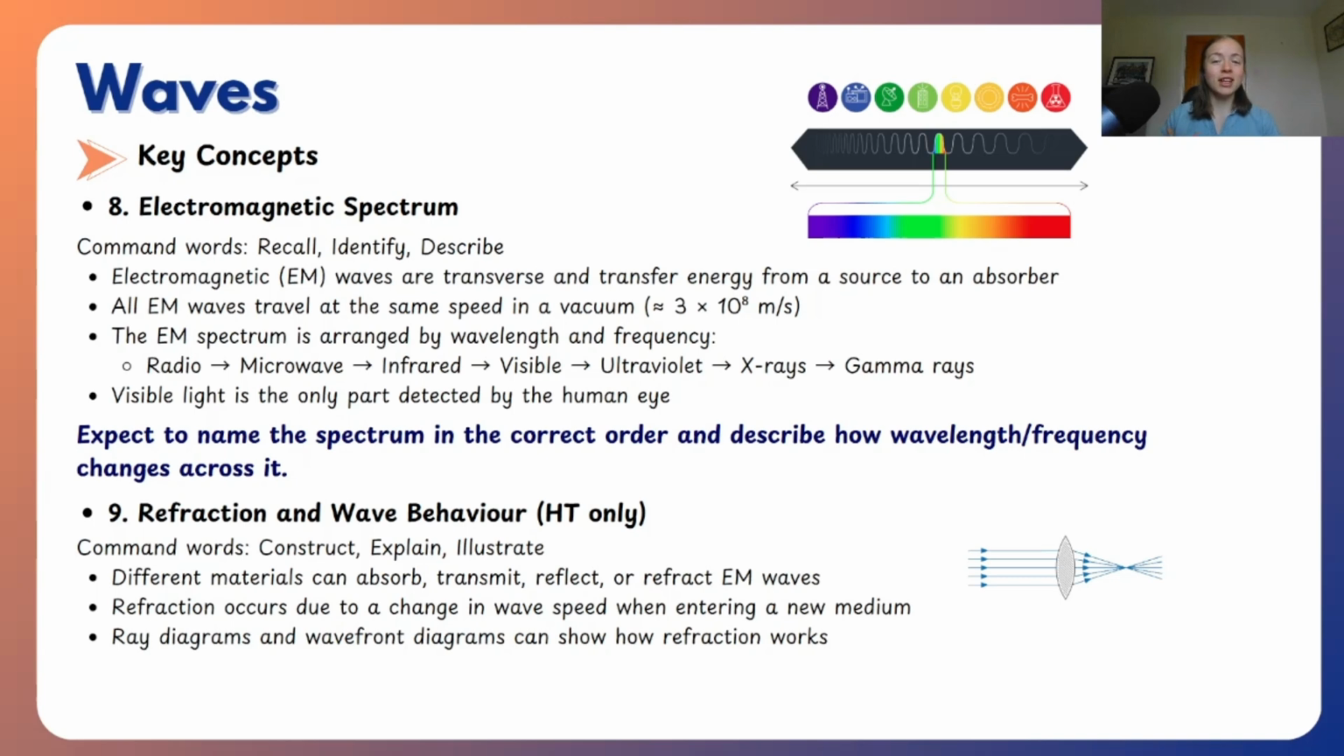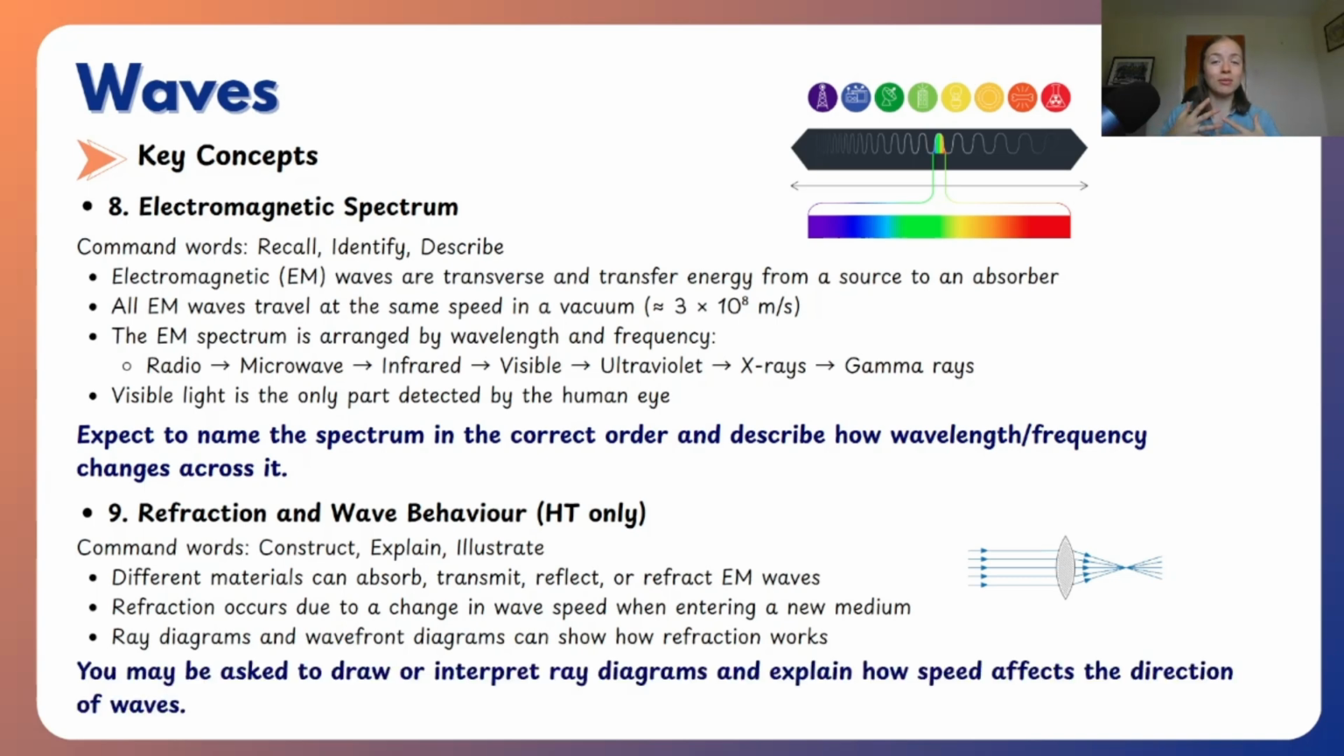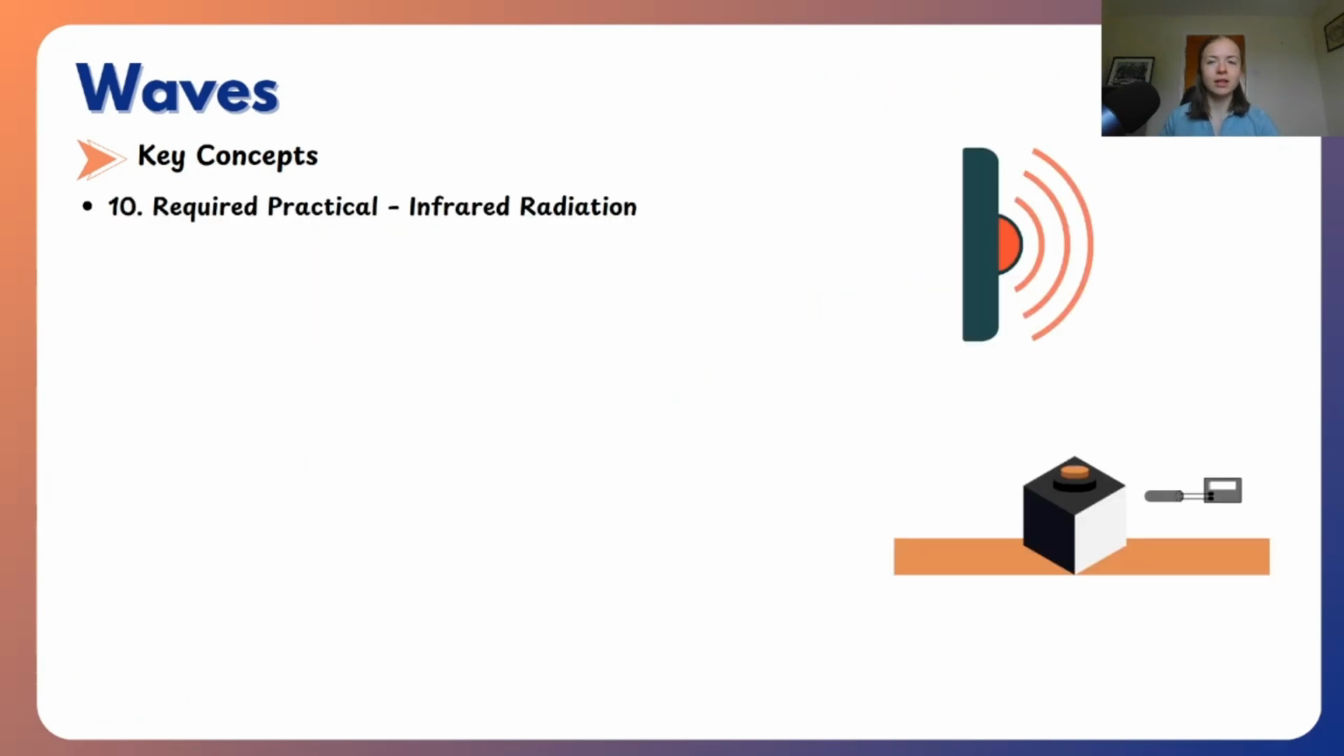Refraction occurs due to a change in wave speed when entering a new medium, and ray diagrams and wavefront diagrams can show how that refraction works. So you might be able to draw or interpret those diagrams and also explain how speed affects the direction of waves. So in relation to a required practical for the infrared radiation, which is the radiation and absorption practical we